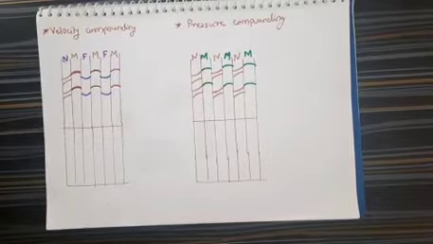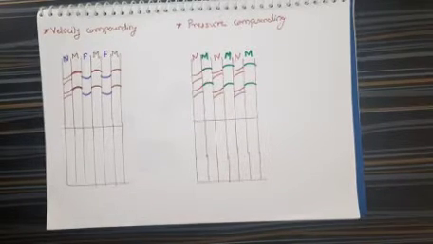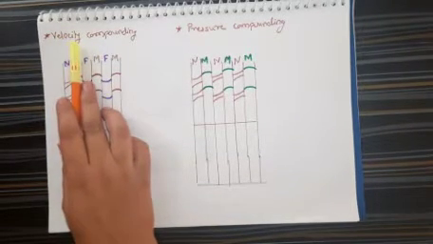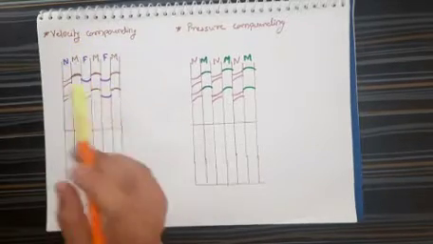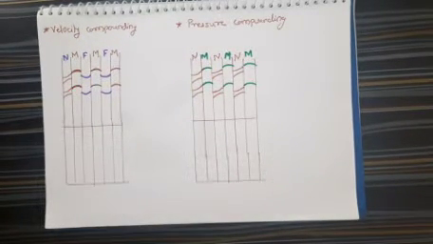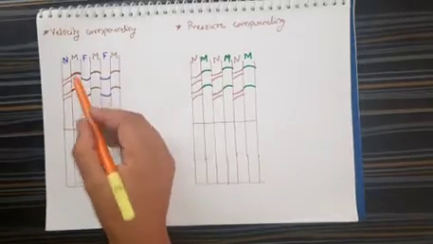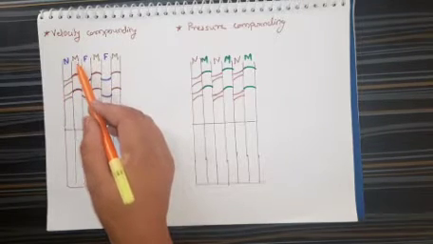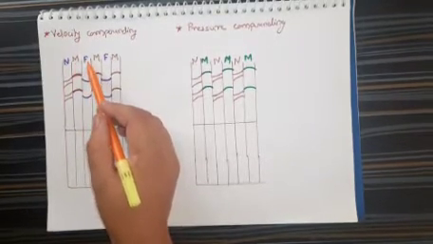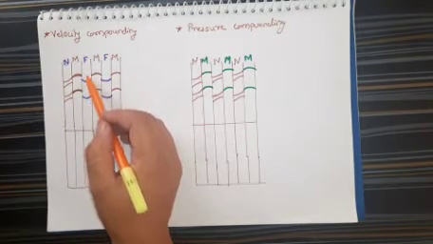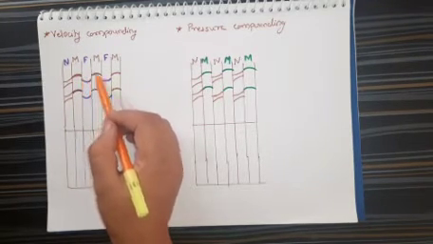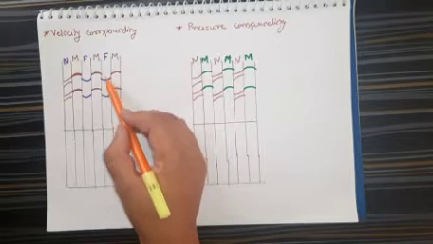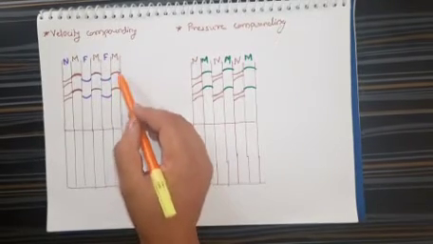Now let's see velocity compounding first. Compounding means what? We are going to compound the velocity. That means instead of reducing the velocity in a single stage, we are allowing it to reduce in multiple stages. So here in velocity compounding, the arrangement is like this. There will be a first ring of a nozzle, followed by a moving ring, and then there will be a fixed blade ring, which gives the direction to the moving blade. Again, after that, there will be a ring of fixed blade, which again gives the direction towards the next moving blade.